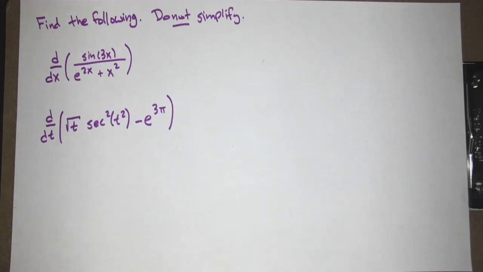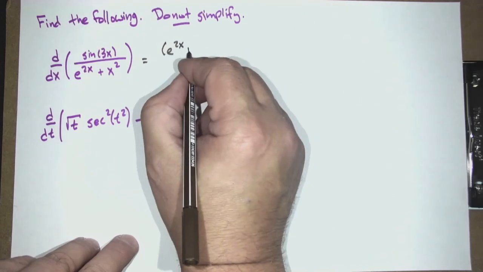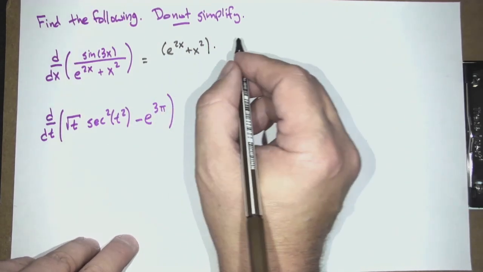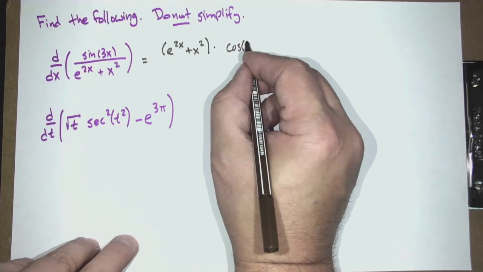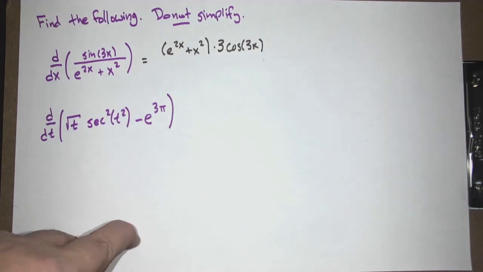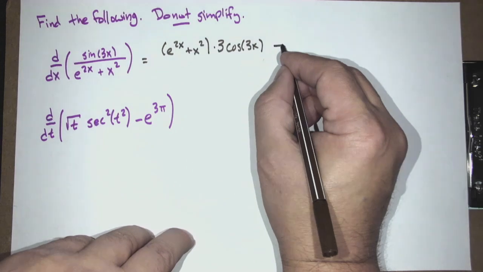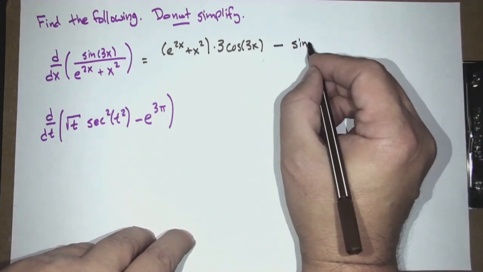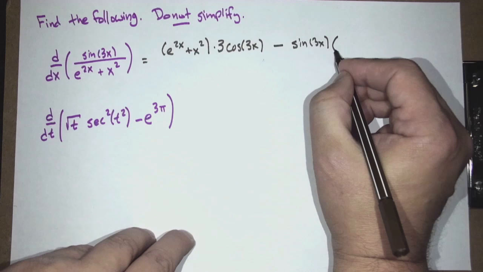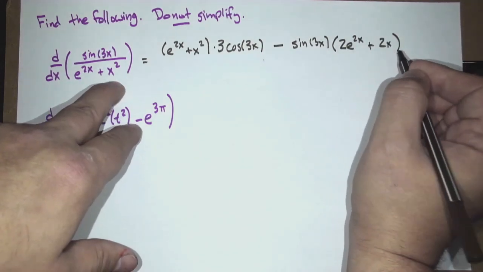Okay, so are we ready? We'll write it down in one swoop. Our favorite problems say do not simplify, because we don't have to simplify. So we start low, which is the denominator, d high, derivative of sine 3x. I just remember that I'm going to have a 3 coming out, so I leave some space in the front. So the 3 is from the chain rule. So far, so good. Low, d high, minus high, d low. Derivative of e to the 2x, we mentioned, 2e to the 2x. Derivative of x squared is 2x. We're just adding them up. Is there anything else?